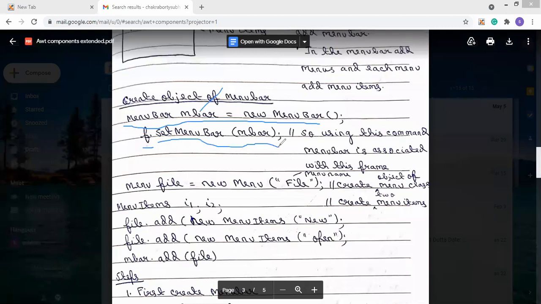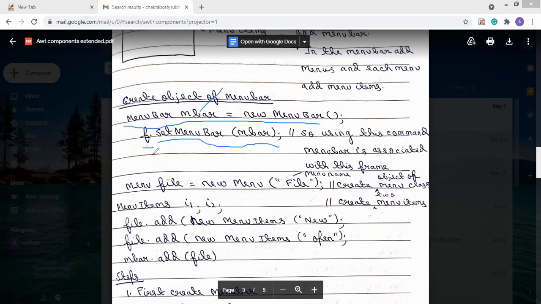We are calling this function using the frame class object: f dot setMenuBar, and inside this method we are passing the menu bar class object. So using this command, the menu bar is associated with the frame. Using the setMenuBar command, we are adding our menu bar to the frame.